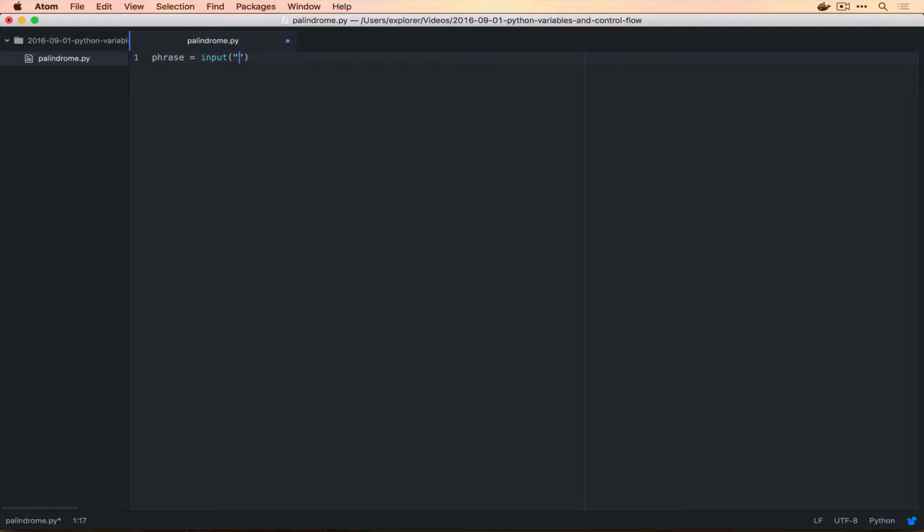So in this case, I want to tell the user to enter a phrase. And then we'll leave a space here just so it reads a little bit better. And then whenever the user hits enter, we will capture that, store it off as phrase, and then our program will continue. Just to test how this works right now, we're going to say print your phrase was